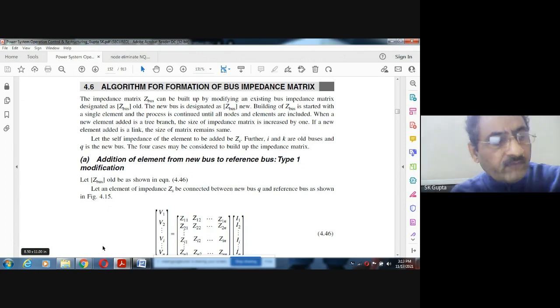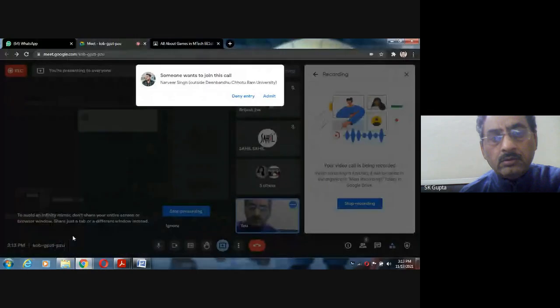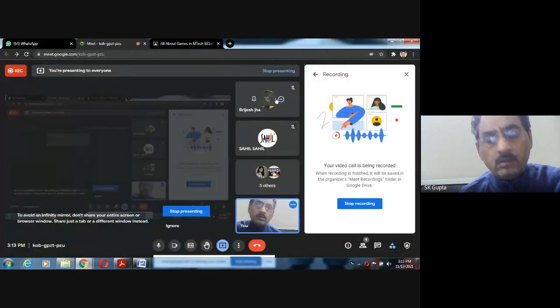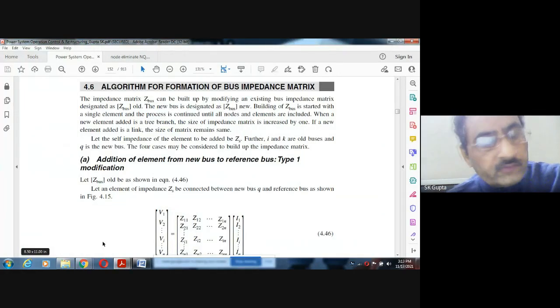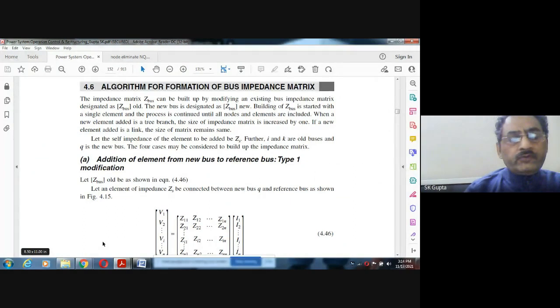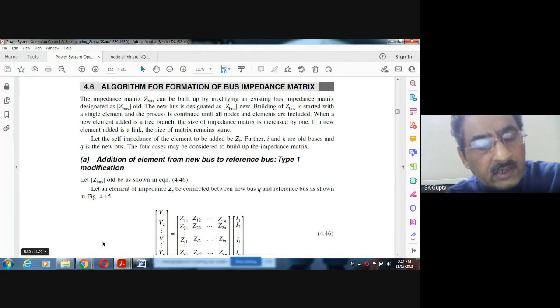And we know the size of either Y bus or Z bus is equal to n by n, where n is the total number of buses excluding the reference bus. So leaving the reference bus, n is the size of the Z bus. Now, in the modification technique, what we do, we take one line, means transmission line, because the network consists of